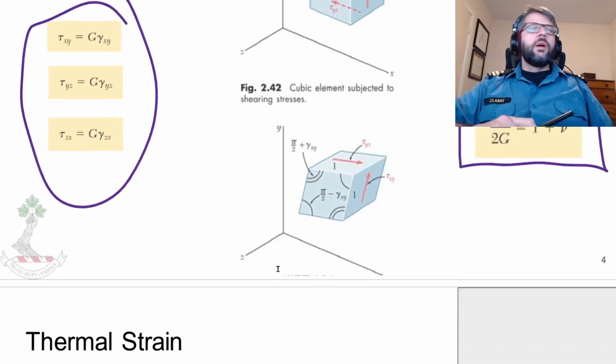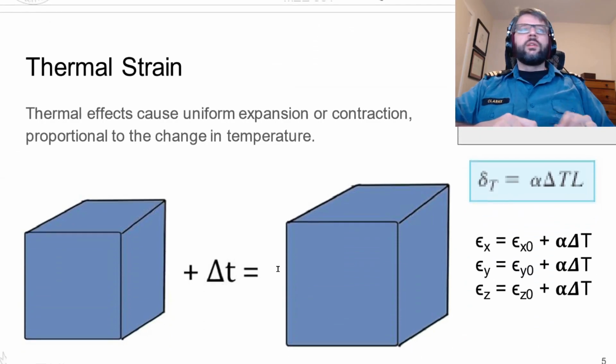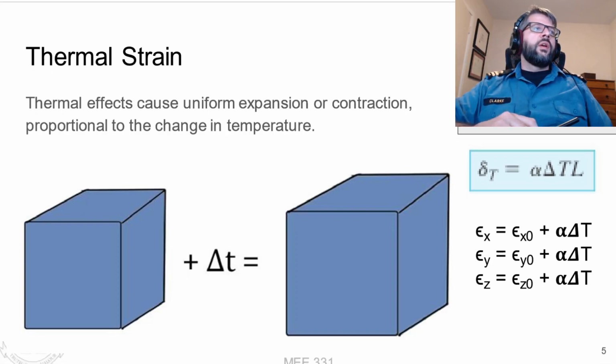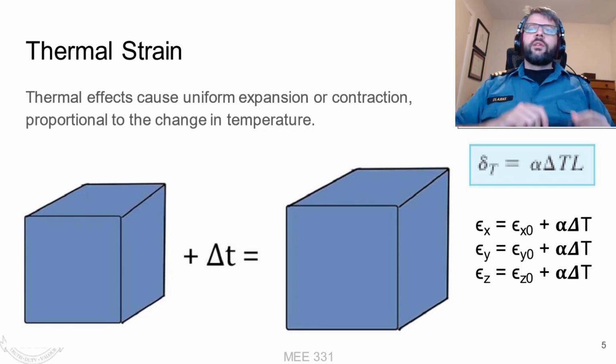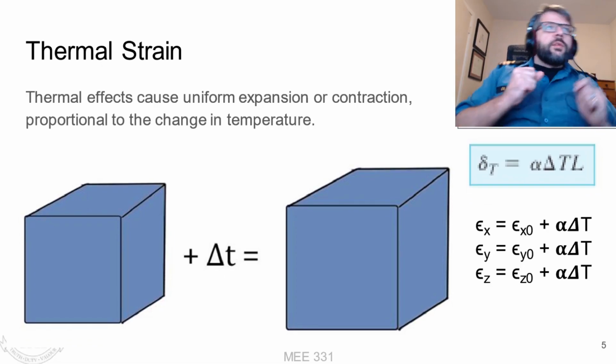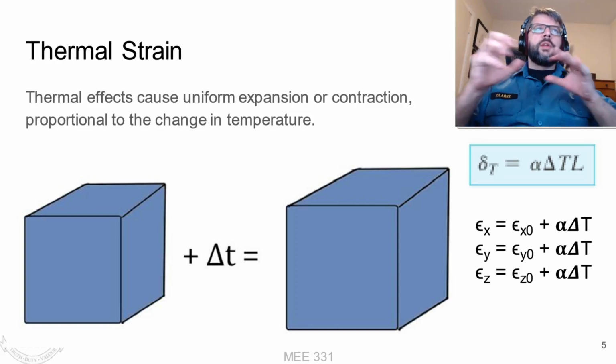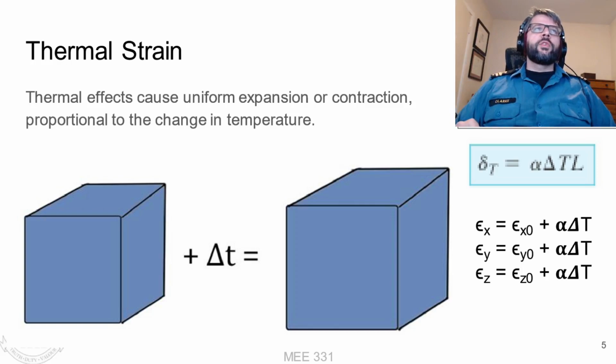So also got thermal strain. So you got our objects. They're made of a bunch of molecules and atoms, and those molecules and atoms are hyperactive. They're wiggling around in space and so on and so forth. They're bumping up against one another. The more we heat them up, the more they vibrate, the more they bump into one another. And the more they do, the more they want to stretch out, right? The more space they want to take up. A bit of a simplification, obviously, but